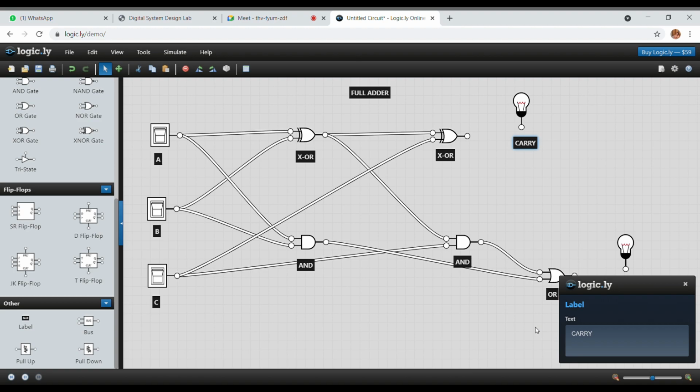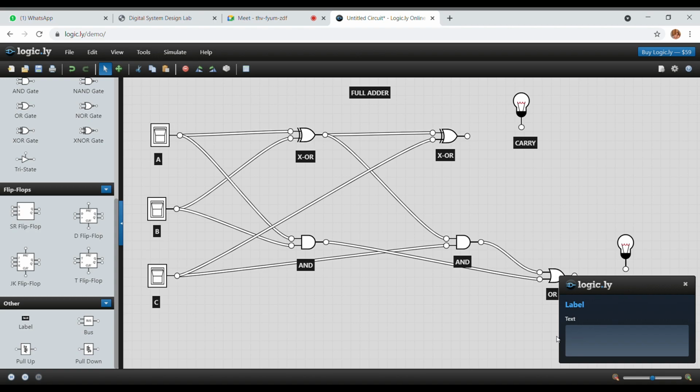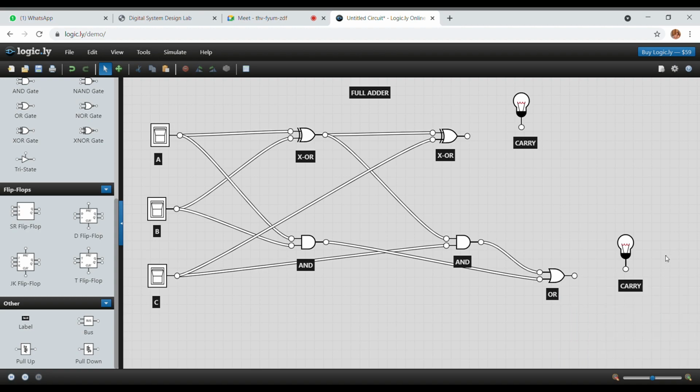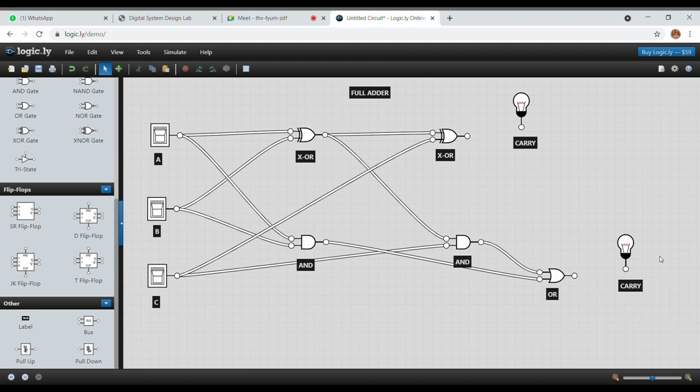For that, you have to take three toggle switches as input A, B, C and two XOR gates, two AND gates and one OR gate. Now we are fixing the two XOR gates straightly to the toggle switch A and the two AND gates in between the toggle switch B and C, and the OR gate straightly to the toggle switch C. And we are taking two light bulbs as output, one for sum and the other for carry. Now let's give the input and see the output.